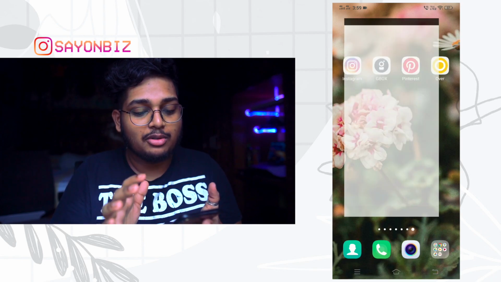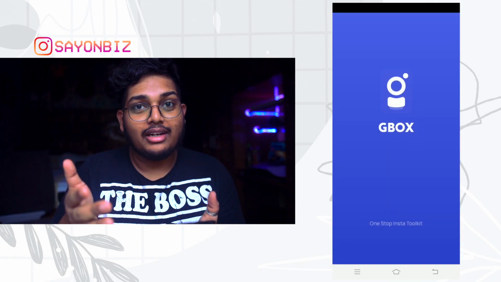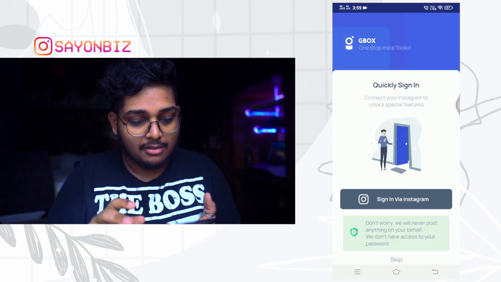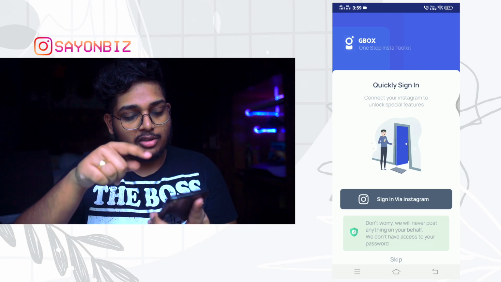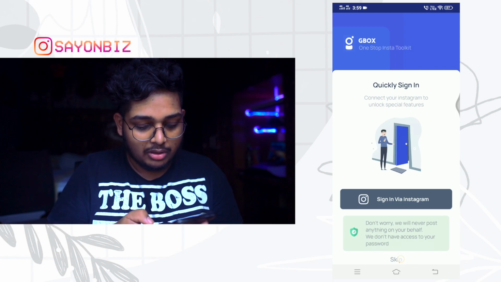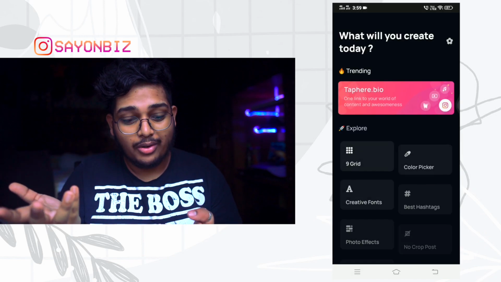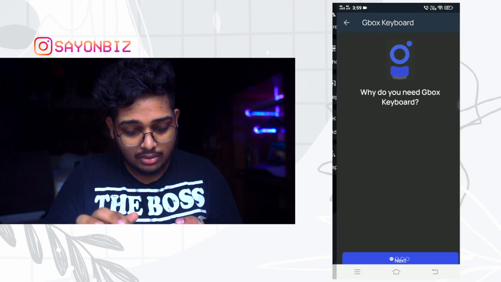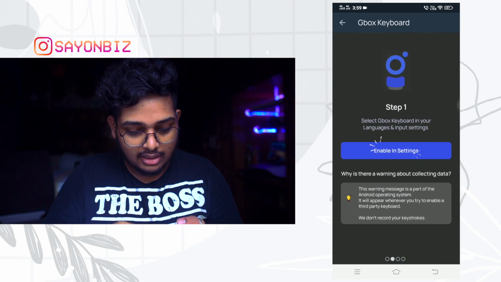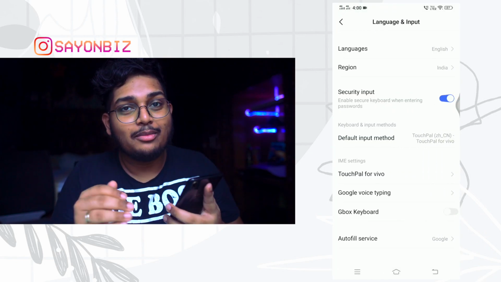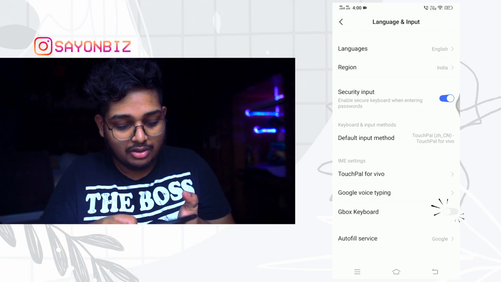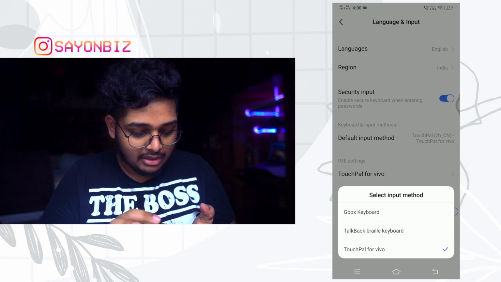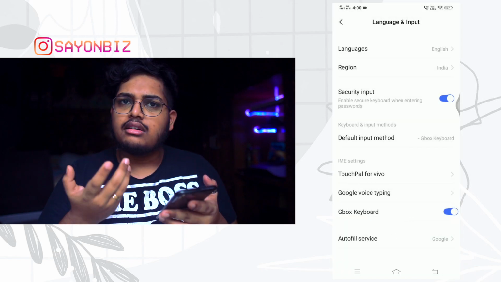Okay, I forgot to tell you one thing about how to actually install Gboard on your phone. Gboard keyboard is basically a keyboard that allows Android users to copy images directly from the gallery as a sticker on their Instagram post, like on the stories. Once you open Gboard, you'll find the opening page, so just skip it from the bottom part, enable dark mode if you want to. Go down to Gboard keyboard, click over there, allow, next, enable in settings. Now you have to enable Gboard keyboard as your default keyboard, so just click on Gboard keyboard over there. Default input method Gboard keyboard, and that should work.